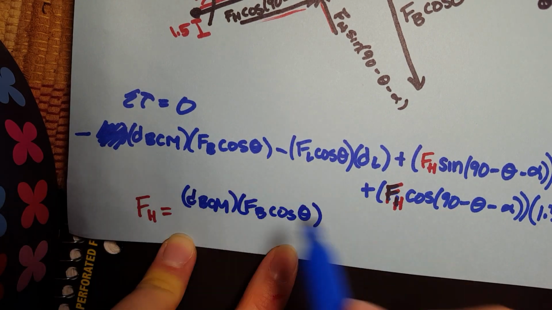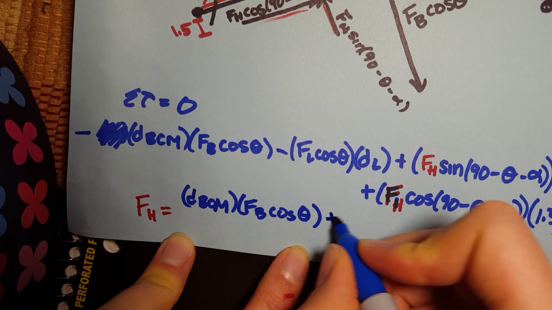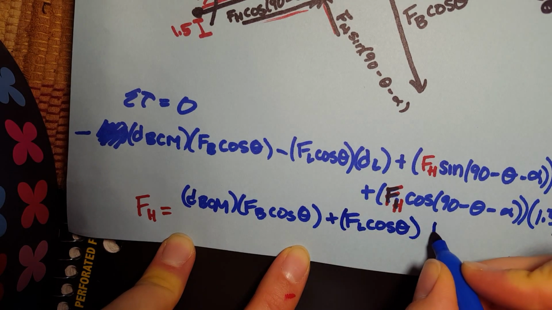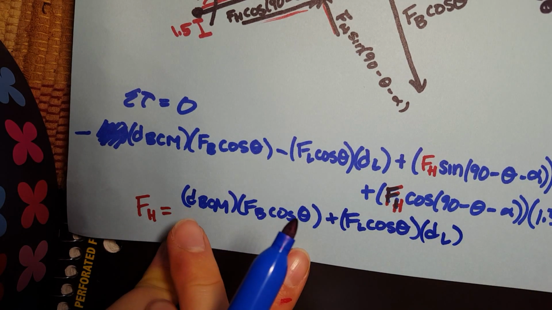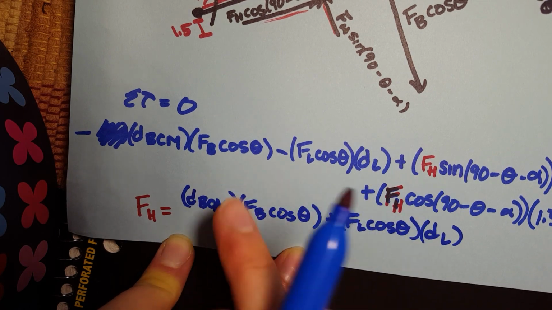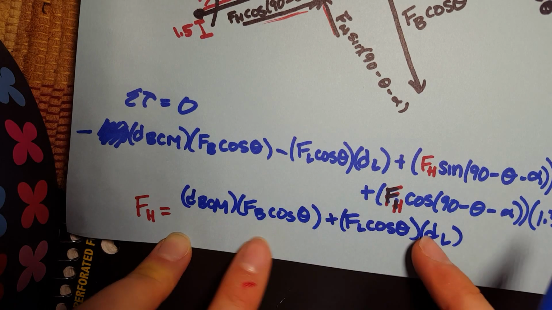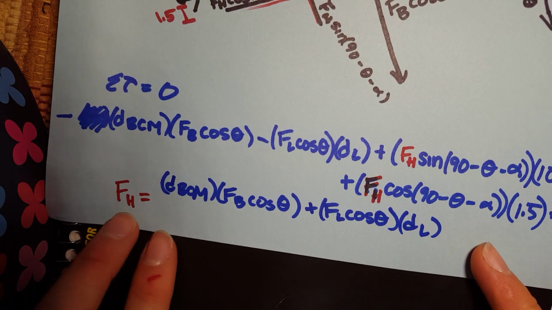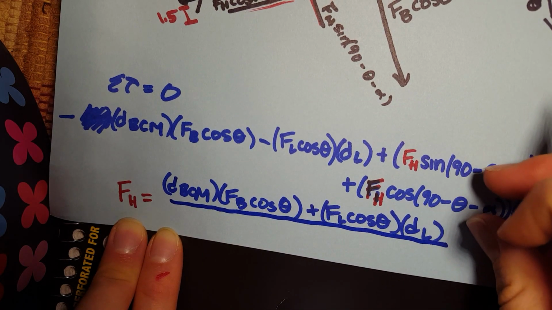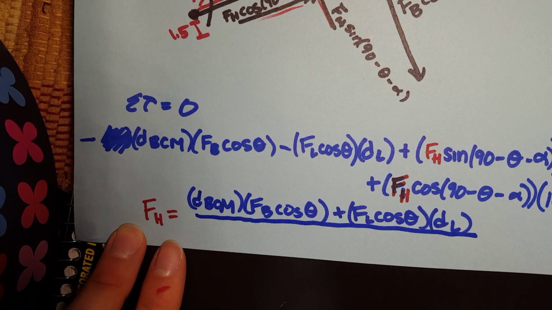Notice both of these are minus, and it was all equal to 0, so what I'm doing is adding them to the other side. Plus FL cosine theta DL. Well, shoot, I still kept this the wrong way. It should be FB cosine theta times dBCM. Regardless, it's going to give you the same number, but I like to be consistent with force times the lever arm. Okay, and then you're going to divide all of that by this term that I was talking about up here, that you get when you factor out the FH. So what that's going to end up being is